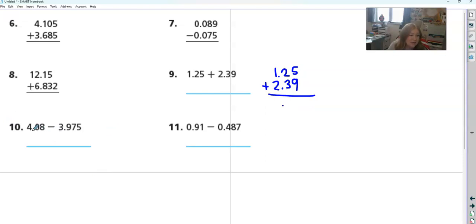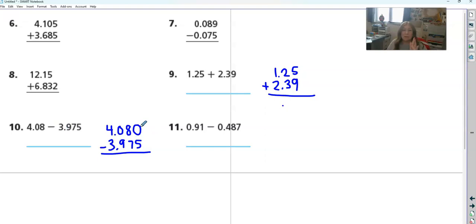Number 10 is 4 and 8 hundredths. This is 3 and 975 thousandths. So this has one extra place. I need to line up this 4 in the ones place and the 3 in the ones place. And I've got to put that 4 up on the top because that's what was listed first. 4 and 8 hundredths, and we are taking away 3 and 975 thousandths. So I'm going to put a 0 right here for that placeholder, and it looks like we are